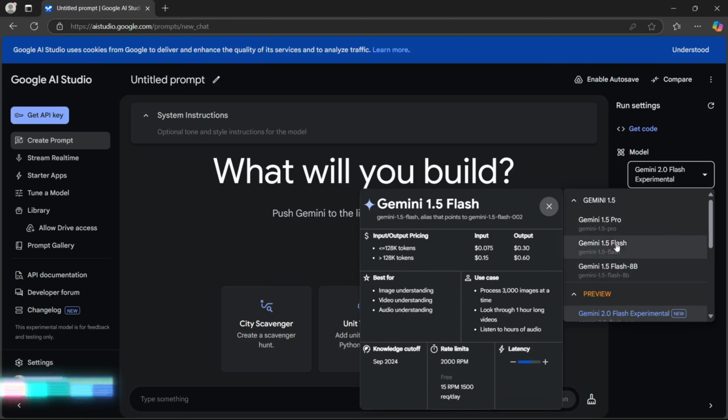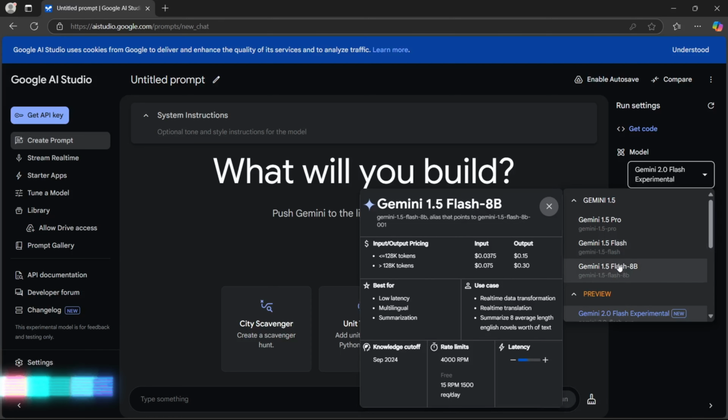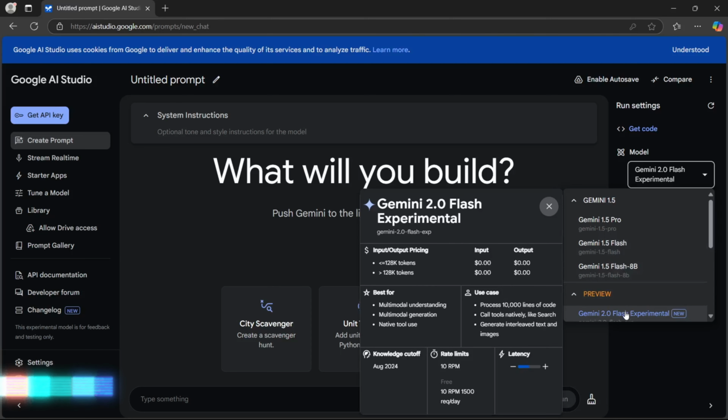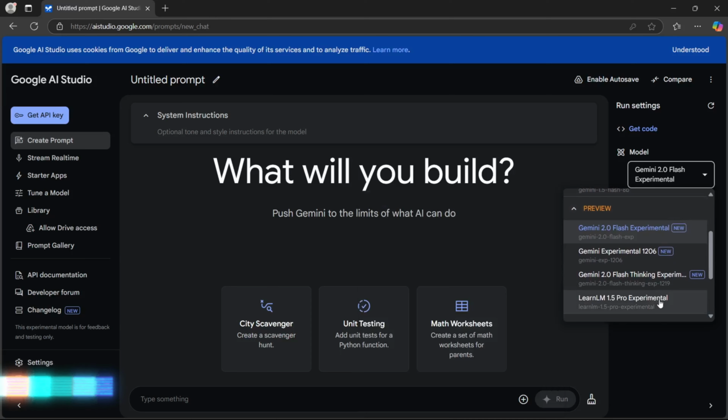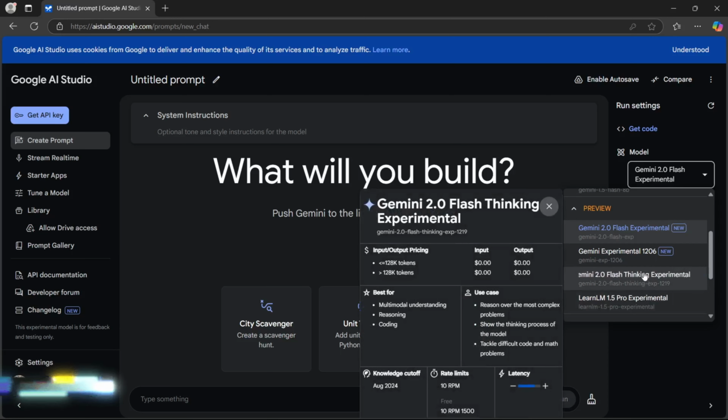And here you get the different options, and it shows you the features, input, output, number of tokens, all those different models. That's the one we're using. Here, the Flash experimental, but there is also the Flash thinking experimental, which is also new and free. As you can see, there's no dollars into the input and output. And it gives you the use case, the rate limit, 10 requests per minute. So free, 10 requests per minute,